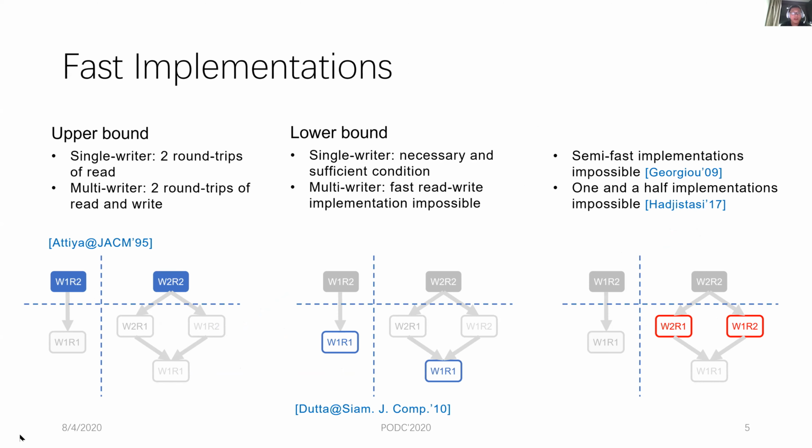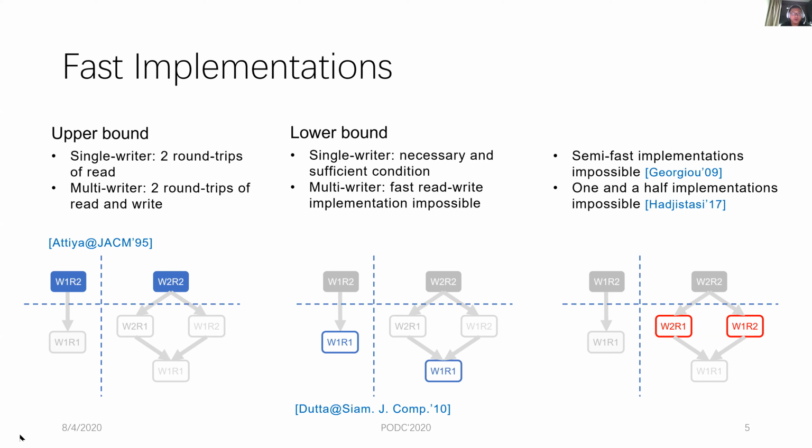The famous ABD algorithm and its extension show us that 2 round trips are sufficient to guarantee atomicity. As for fast implementations, in the single-writer case, the impossibility proof and the algorithm design are proposed. In the multi-writer case, it is proved impossible to maintain atomicity when both read and write operations are required to be fast. When we examine all possible fast implementations at a finer granularity, it is still open whether it is possible to maintain atomicity when only either read or write is required to be fast, where the other operation can have 2 round trips.